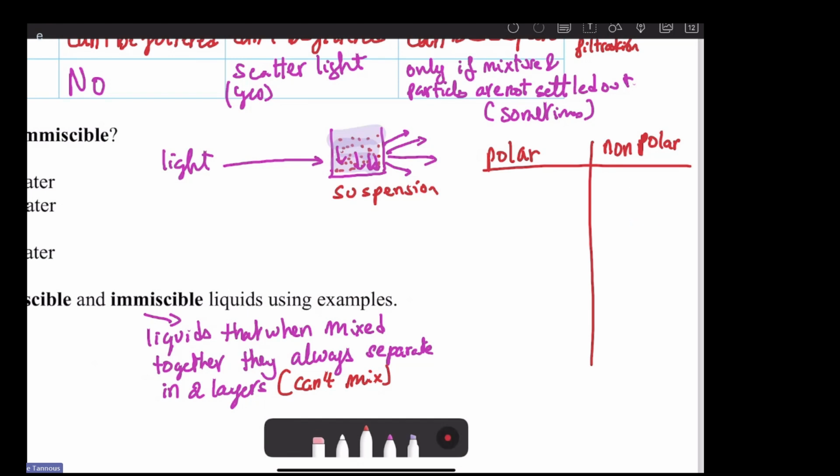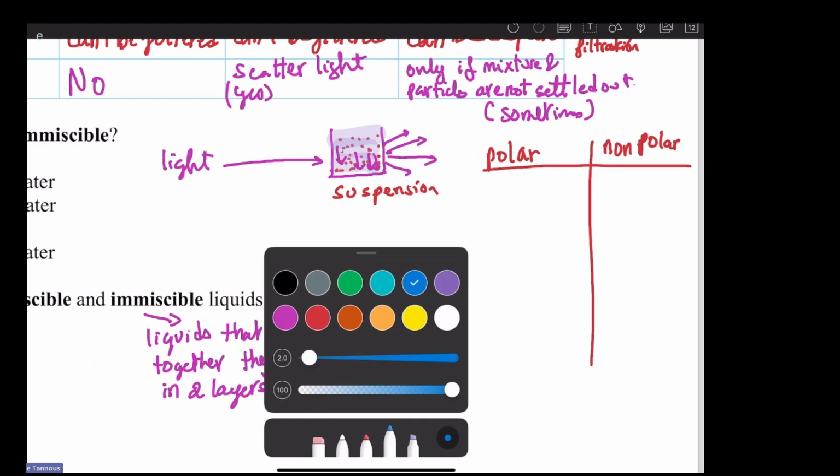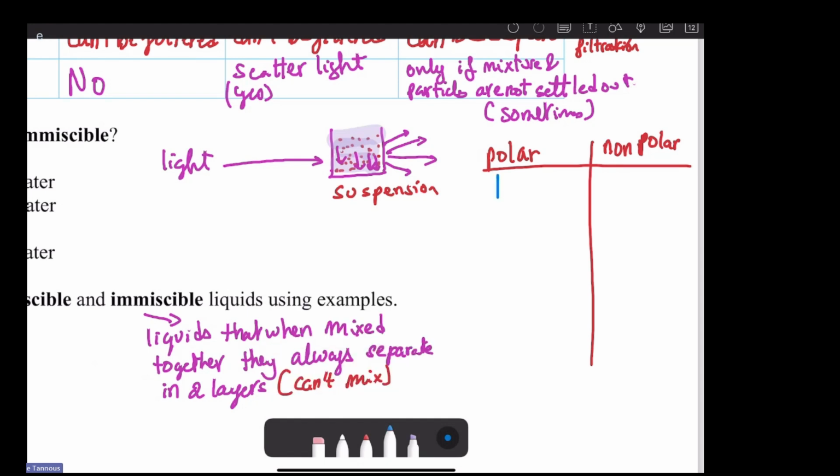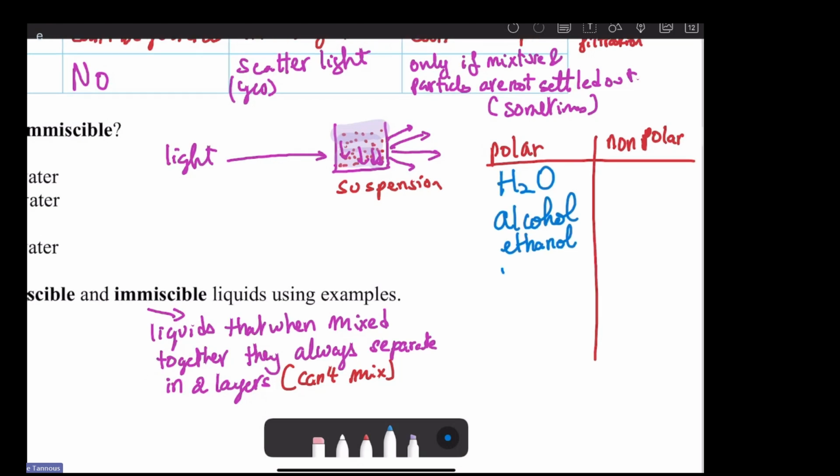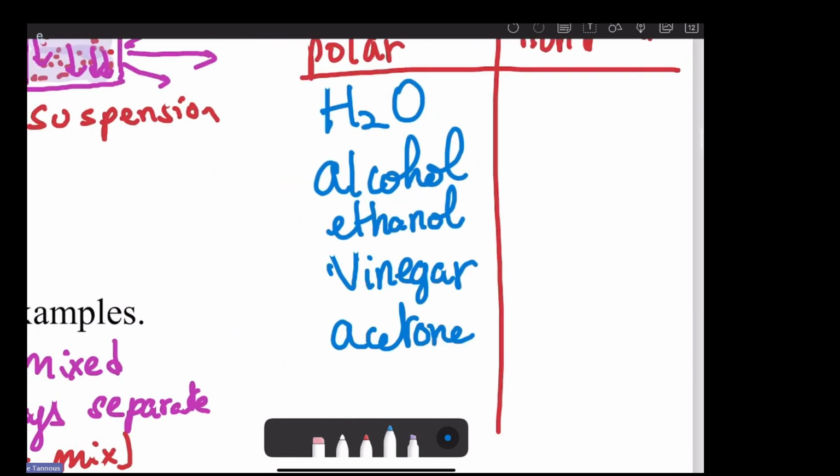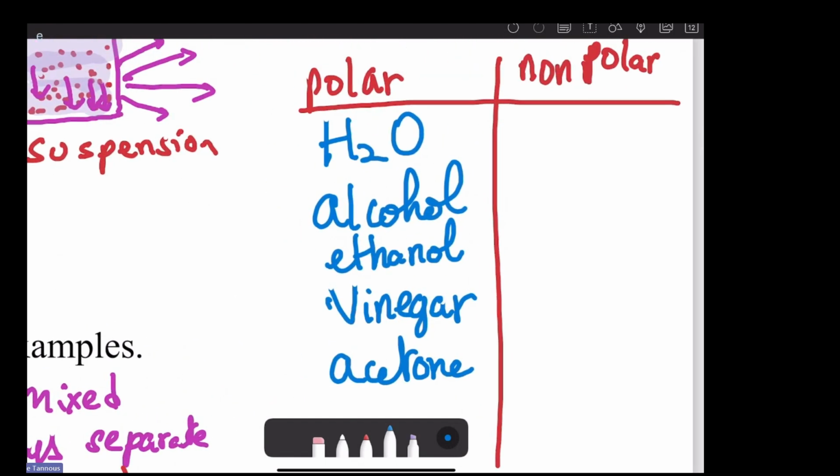So, what are the examples that I need you to know? In polar, first, water is polar. Alcohol is polar, such as ethanol, anything that ends with "ol". Vinegar is polar. Acetone is polar. For the non-polar, remember these: oil,